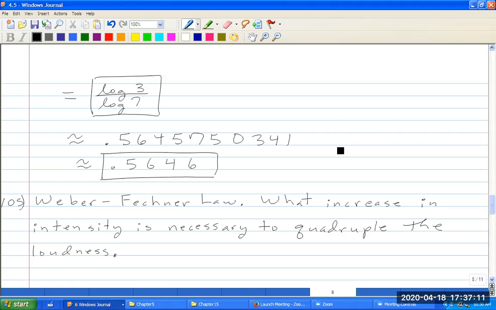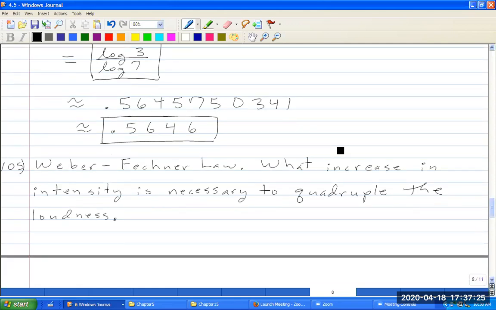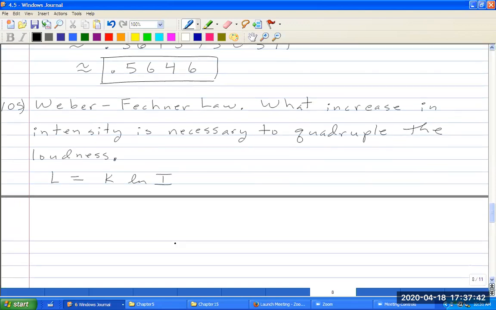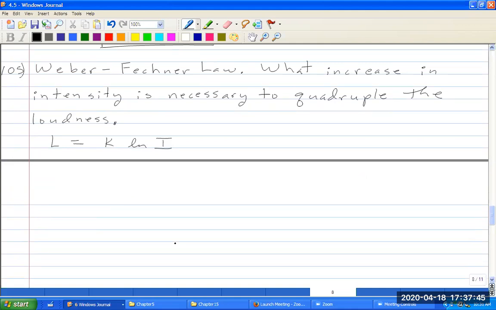So I want to make it 4 times larger. So I have here that L is equal to K ln I. So I want to quadruple the loudness. So if I want to make it 4 times larger,